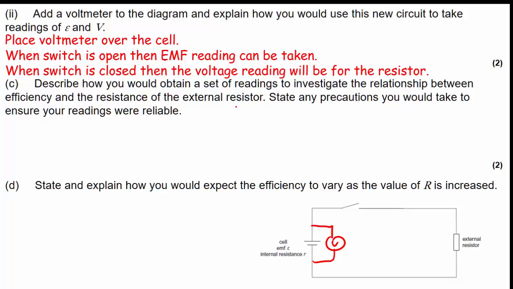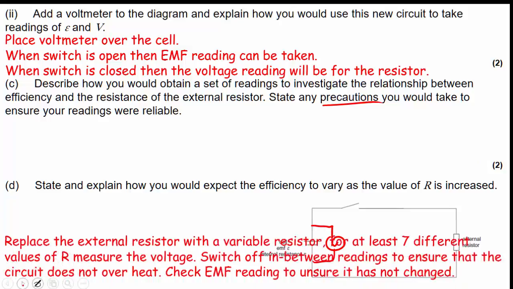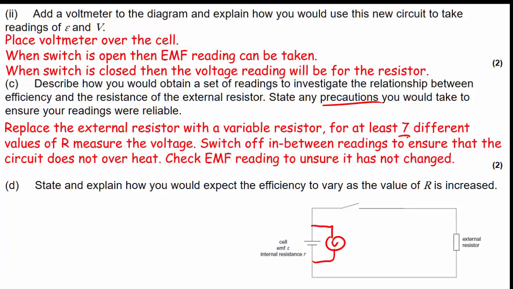Alright, next bit, describe how you obtain a set of readings to investigate the relationship between efficiency and the resistance of the external resistor. State any precautions that you would need to take. So this is only worth 2 marks, but they're asking you to talk about quite a few things. Here the mark scheme was quite clear that you had to say at least 7 readings, right? So you'd replace the external resistor maybe with a variable resistor, or you could use 7 different resistors and switch them out,